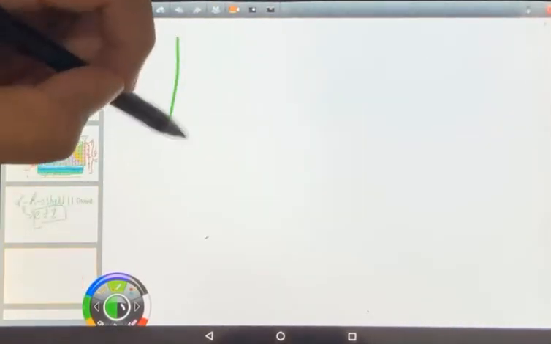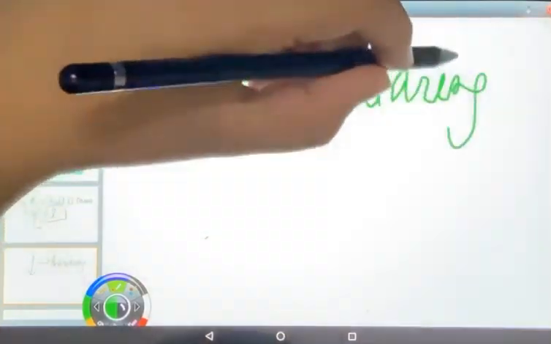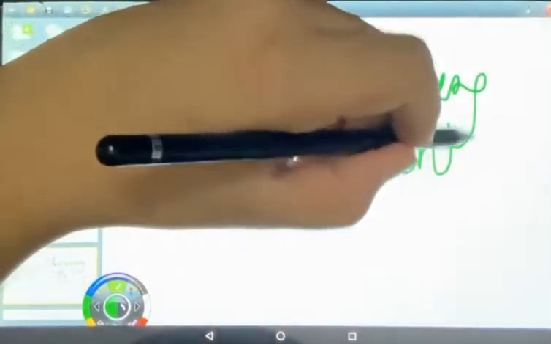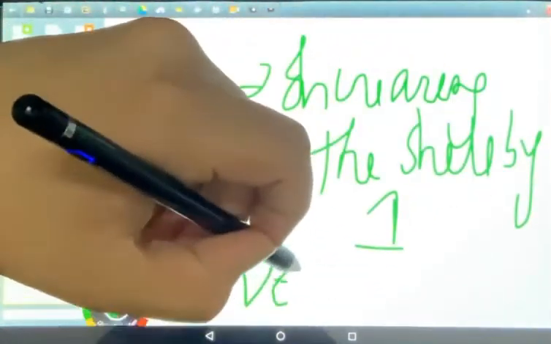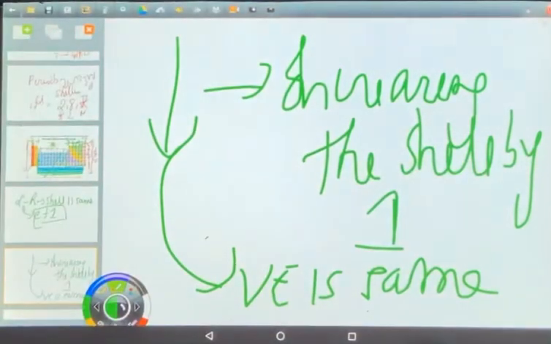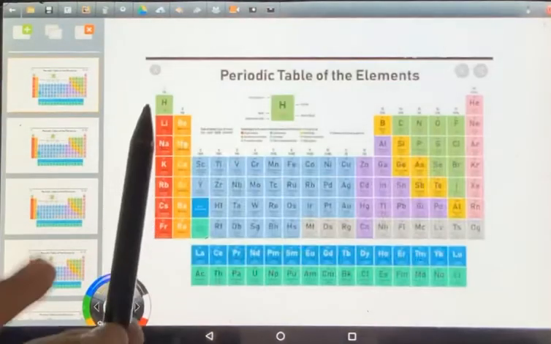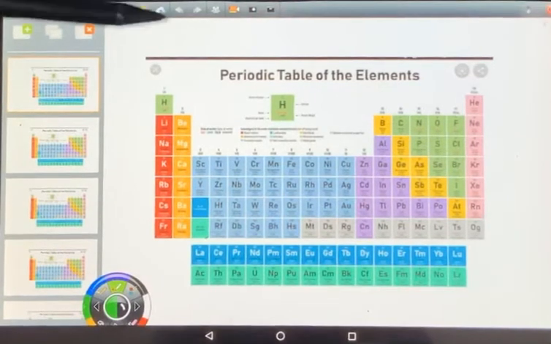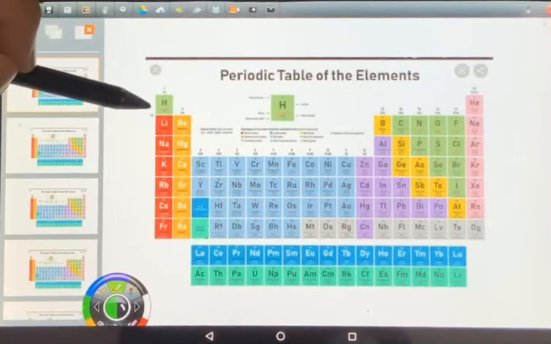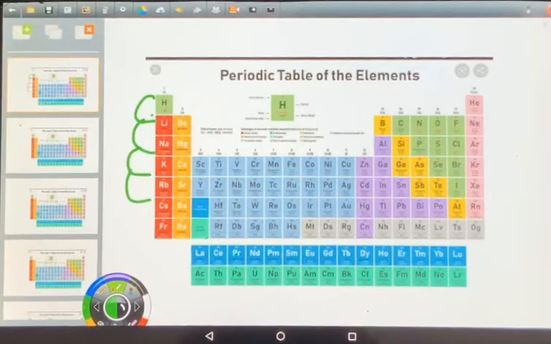Similarly when we are going down the group, we are increasing the shell by 1, but your valence electron is same because एक ग्रुप में तो valence electron सेम ही रहेगा, तभी तो उसको वही ग्रुप मिलेगा. Okay, so again concentrating on this figure, when we will go down the group, we have group means the valence electron, so the valence electron down the group is same but the shells are increasing because as we are going down the group, we are actually going across down the periods. Okay, period बढ़ रहा है.